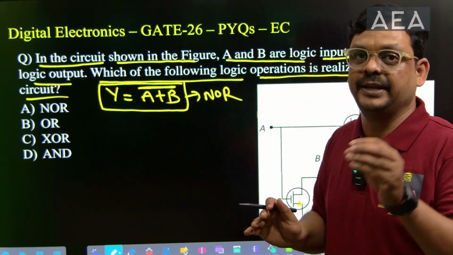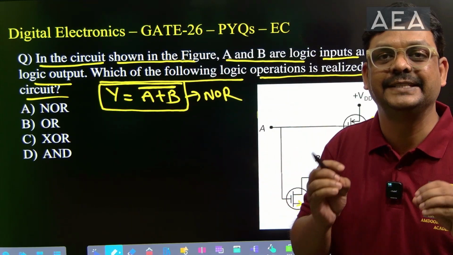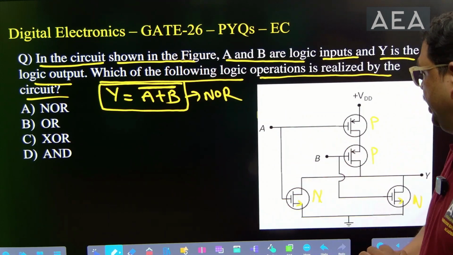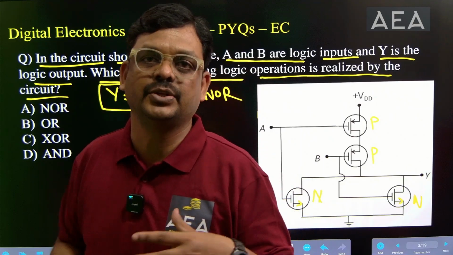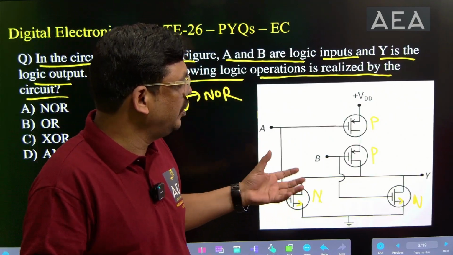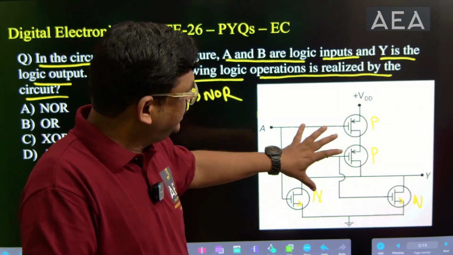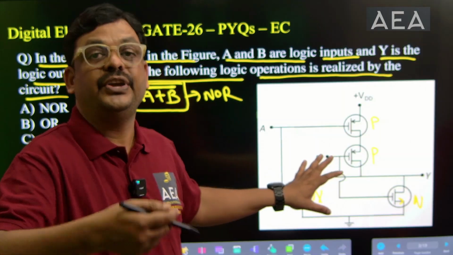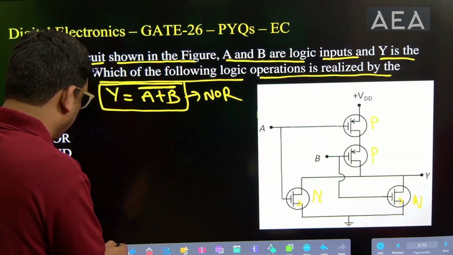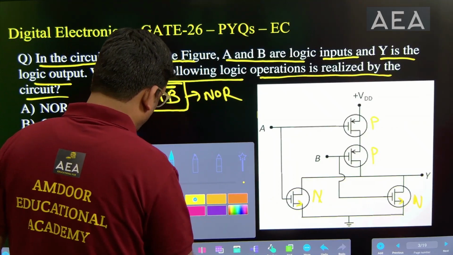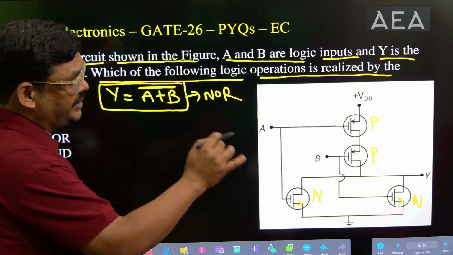So if you know the logic families concepts, we can write the answer directly. To write this answer, it takes only 10 to 15 seconds, because this is a very easy, simple and repeated question. And sometimes we can find this answer another way. So I will explain some other method also, because sometimes we have to find it using switch operations. This is a standard question, and sometimes we can expect the question with different connections also. So for that purpose, I will explain the standard method